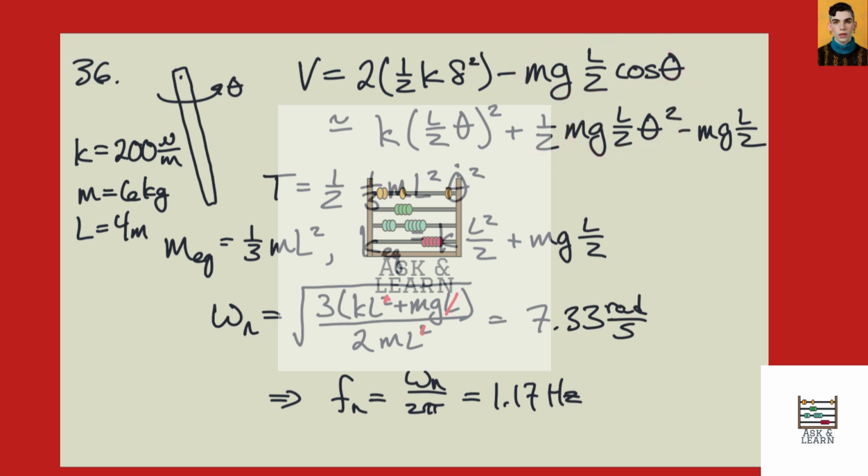Now for kinetic energy, we can just take the kinetic energy of the bar rotating about one end. So J in that case is 1/3 mL squared, and the angular velocity is theta dot. So we can see here now that we have an equivalent mass right here, and then the terms from our equivalent stiffness, we have, let's see here,